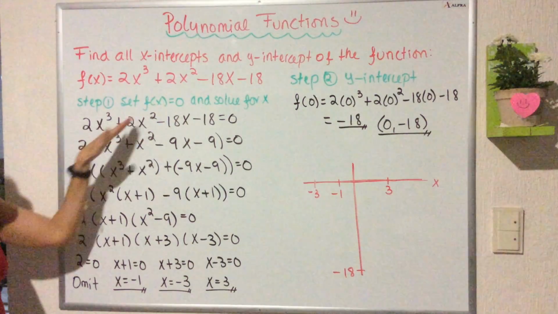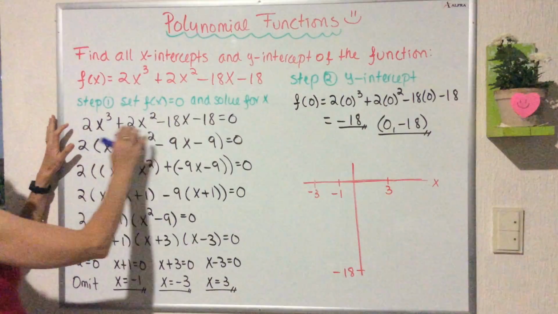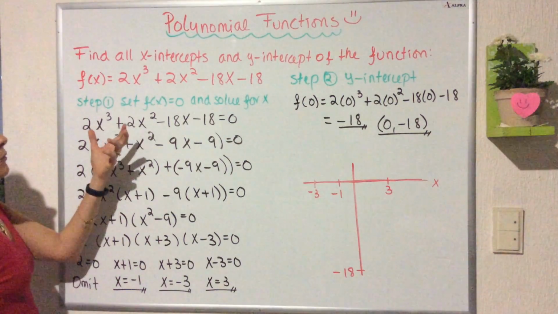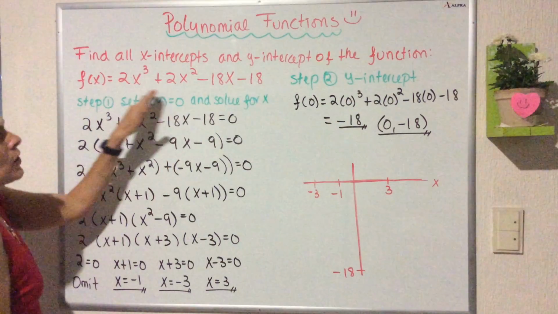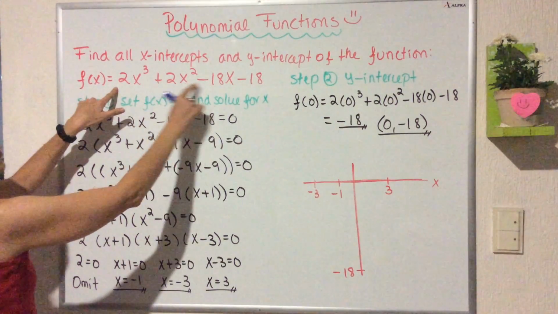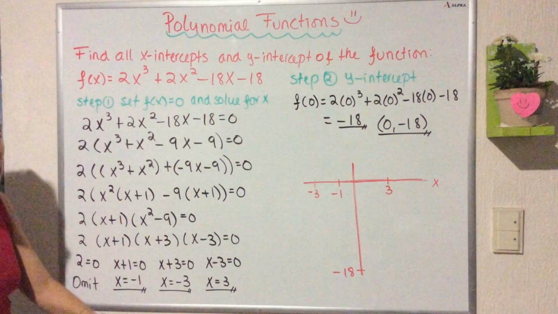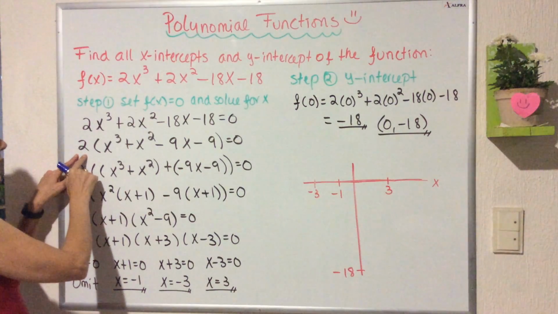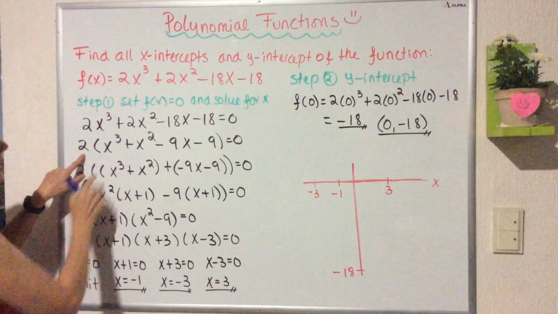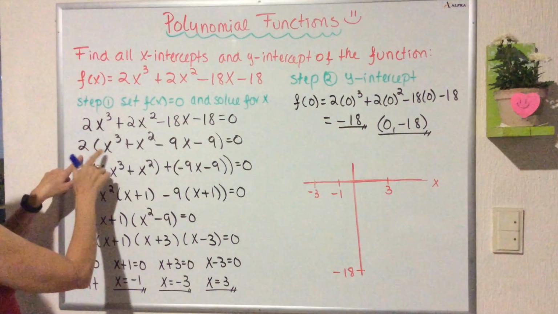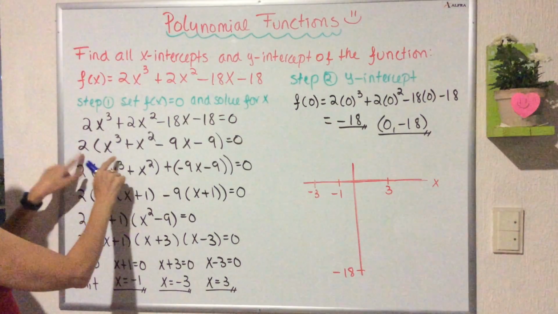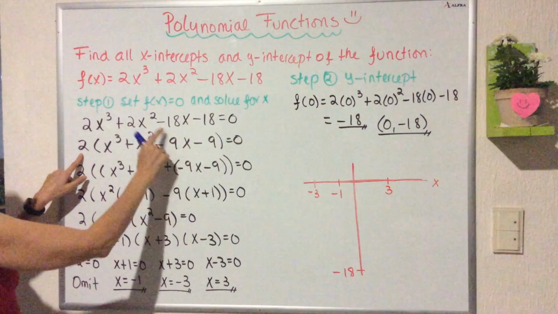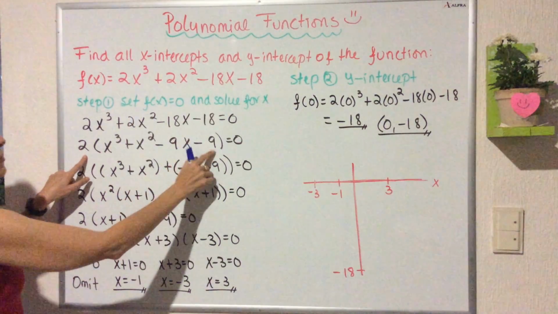So in the first step, we are going to equalize the function to 0, and then I want you to realize that we have a common factor in the coefficients because I have 2, 18, and 18, and I can divide all of them by 2. So 2 is the common factor. So we factorize out by 2, and then we have 2 times x to the third, 2 times x to the second, 2 times minus 9x, 2 times minus 9